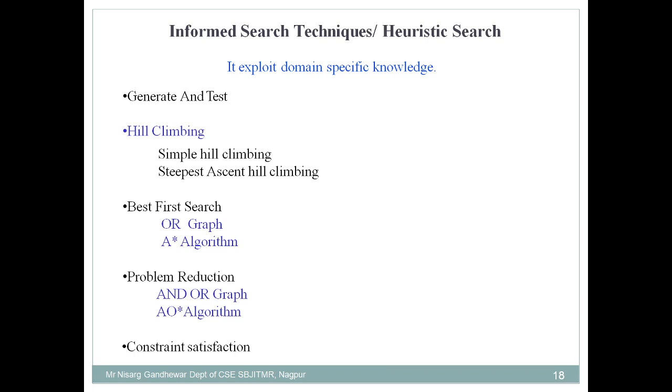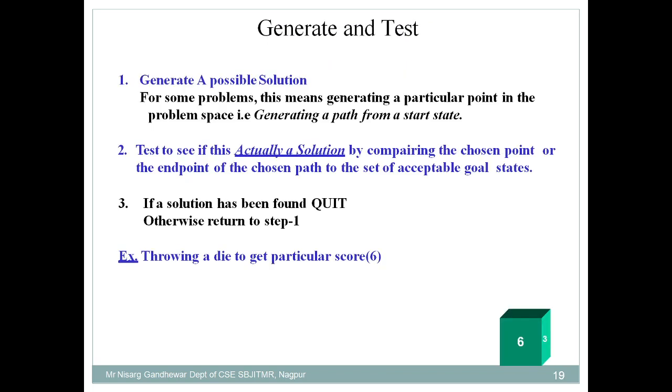Similarly, the next category is problem reduction, where we have AND OR graph and the AO star algorithm, and finally we are going to discuss constraint satisfaction. These are the various informed search techniques, but in today's video we are focusing on two: generate and test and simple hill climbing.